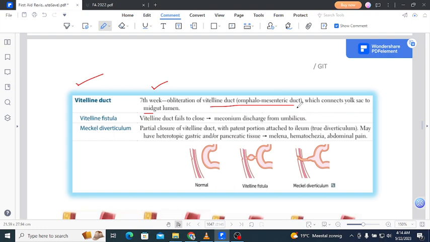But if it persists, it can cause Vitelline fistula or maybe Meckel diverticulum. So Vitelline fistula is a condition in which the Vitelline duct fails to close and meconium discharges from the umbilicus. Suppose that if I could draw it over here,